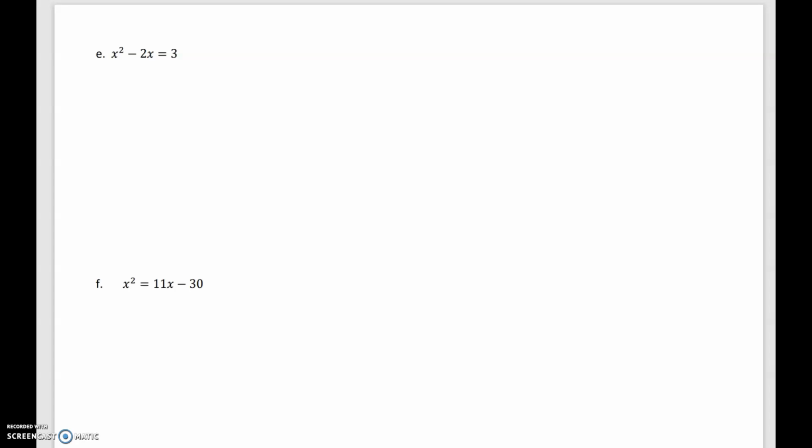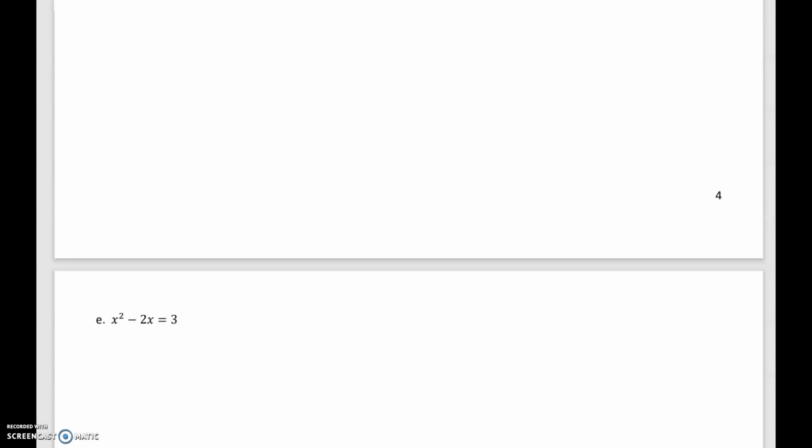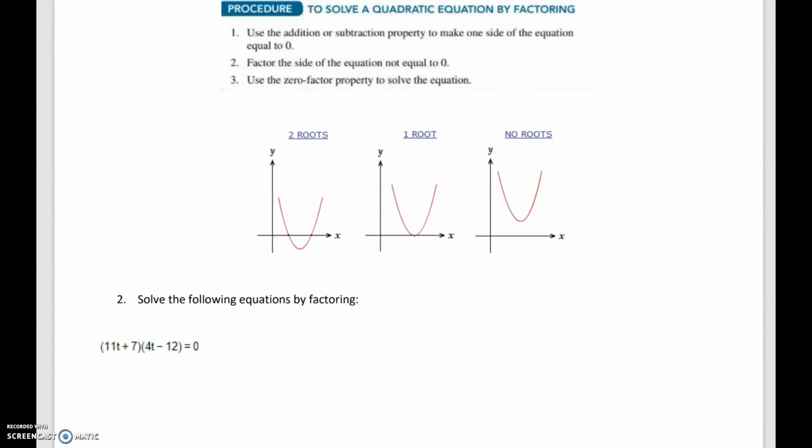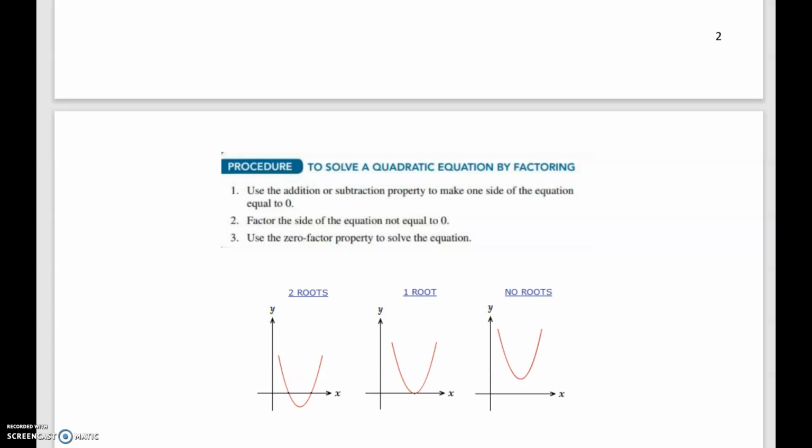Hi class, let's take a look at problem E. The main instructions on all of these problems is for us to solve by factoring, but the main idea here is that we have to set the equations equal to 0. So for example, on problem E,